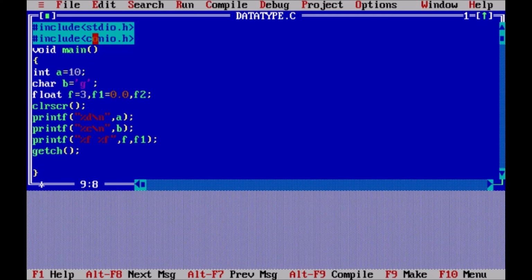The important thing to know here is every data type has its limitation in terms of range. For example, integer can store nearly 35,000 numbers, up to 35,000 numbers. Like we cannot give a value like 1 lakh to it because its range will be exceeded and the value won't be displayed properly. So for that we have extensions. The extensions can be added like this: long int to increase the size. If you want to decrease the size, that is also possible. We have to use the keyword short, and for that we have different conversion codes. The list of all conversion codes and different extensions to the data types is given in the description. You can find it over there.